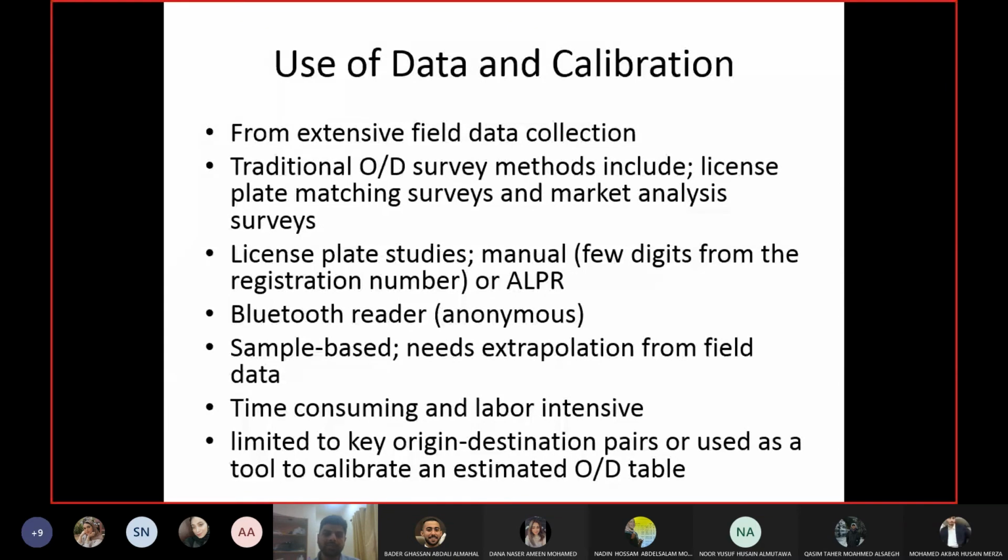Well done. So license plate studies can be done manually. So you manually record the data. Obviously then you don't have time to record the full license plate number. You can record few digits from the registration plate. In Bahrain, I think we have 6 numbers in the registration plate. So out of 6, you may record like 3 or 4, because this is just for the identification. You don't have to catch the guy for anything. Or now we have automatic license plate recognition devices as well, like cameras. Traffic cameras can catch your license plate number, right?